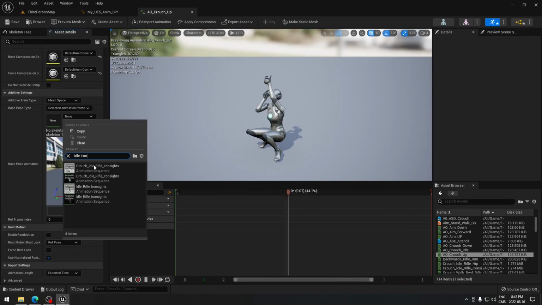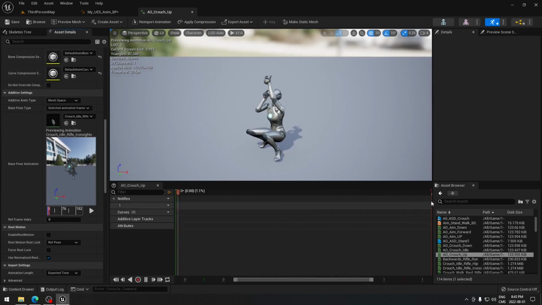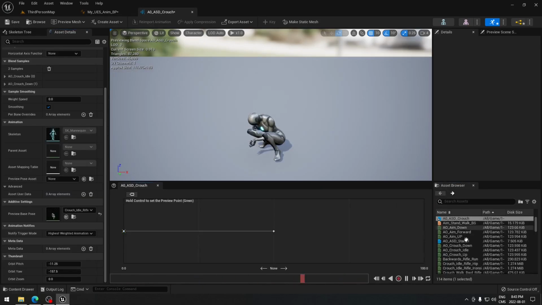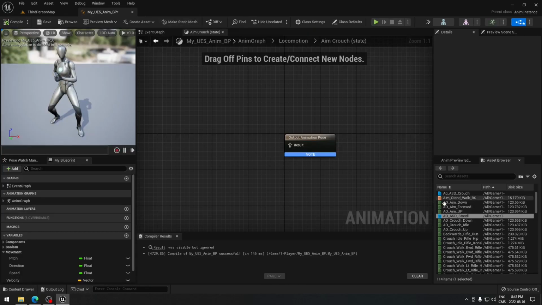And it's going to be the one that we're crouched. So this one here. Going to save that, go back to the arrow, and now we should be able to put crouch up right here. I'm going to put that at 50. There you go. So now we have aim down and aim up. I'm going to save that, close it,